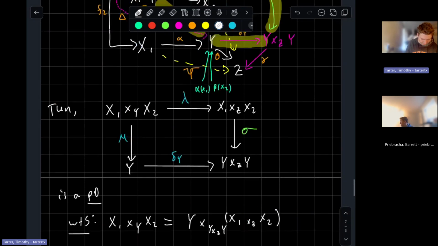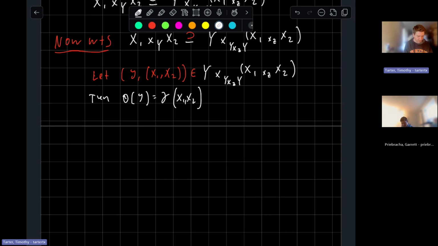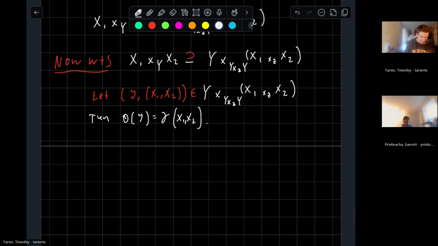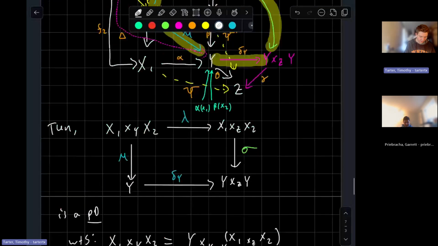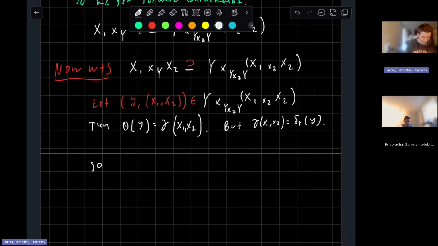Wait, I think it was the other way. Yeah, it was the other way. Then theta of y is equal to gamma of (x1, x2). But gamma of (x1, x2) is equal to delta of y. And then this exactly yields